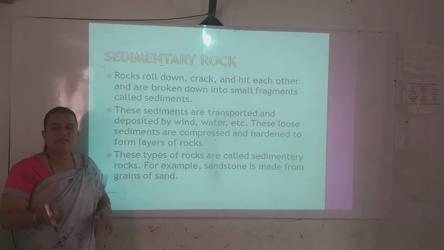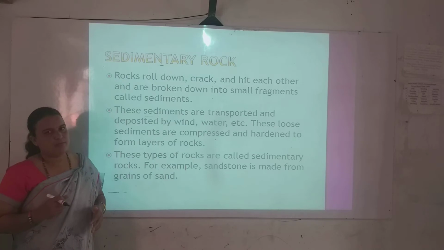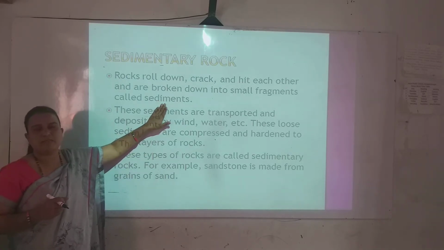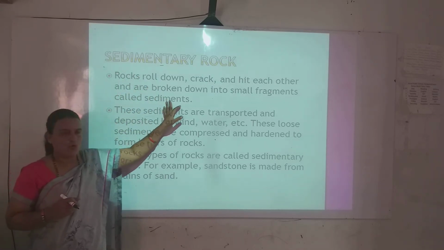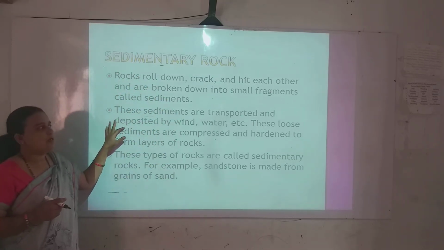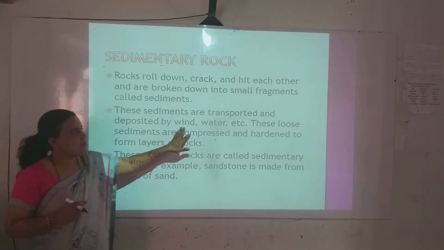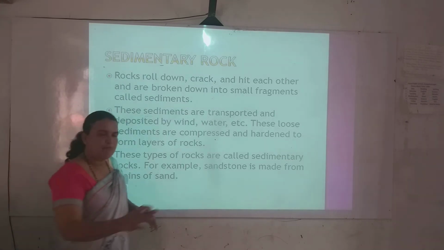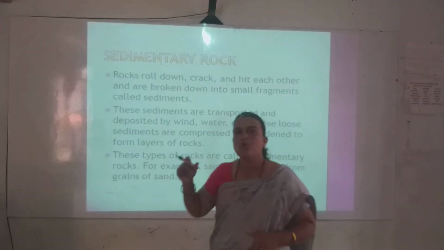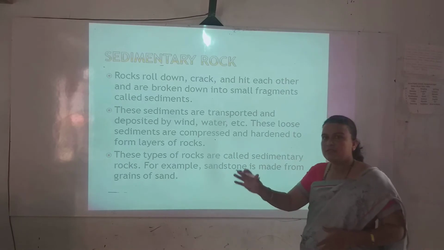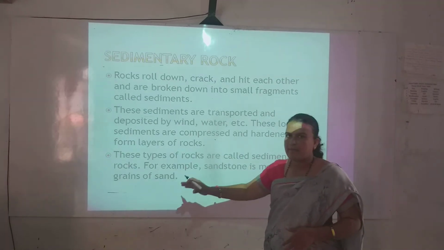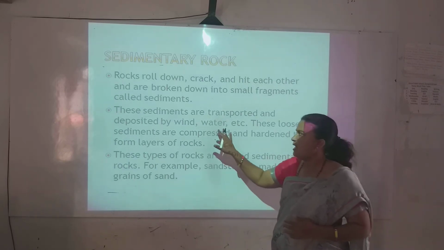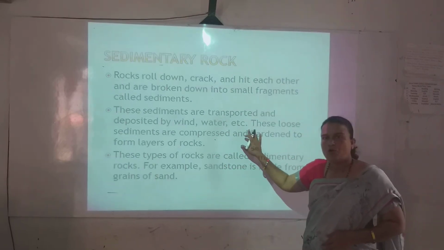Sediments are the smaller particles which reached the bottom. So the rocks which formed with the help of sediments are called sedimentary rocks. These sediments are transported and deposited by wind, water, etc. Means these sediments, with the flow of water or sometimes the flow of wind, got deposited at the bottom of the surface, and then sedimentary rock formation